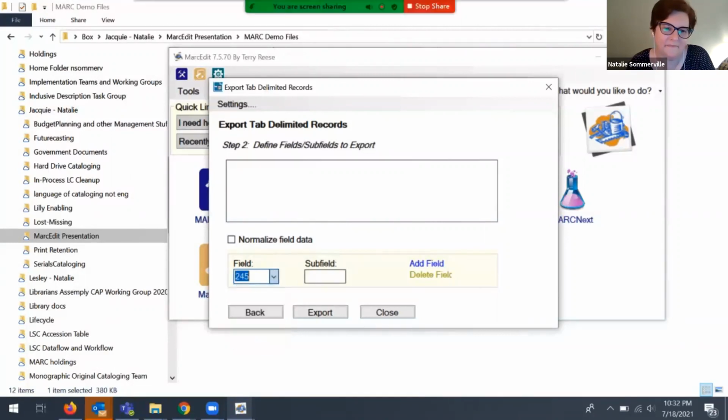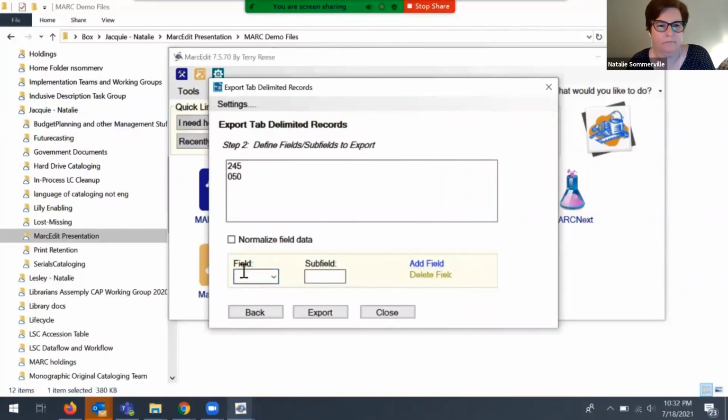And then you can add your field. By clicking add field at this point without any subfields articulated, you will get the entire 245 field. If you want a partial field only, you can let MarcEdit know which subfield to present to you in the report from a specific field. Next, I want to look at call number data. So another option, instead of scrolling down the long list, is to type the field tag that you want to see. I will ask it to show me 050 fields.